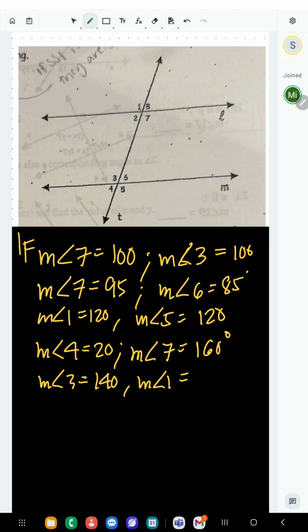Corresponding angles, angle 1 and angle 3. Yeah, so it's also 140, right? You were right. So it should be a measure of angle 8. So what's the relationship between angle 3 and angle 8? So if angle 3 is 140,